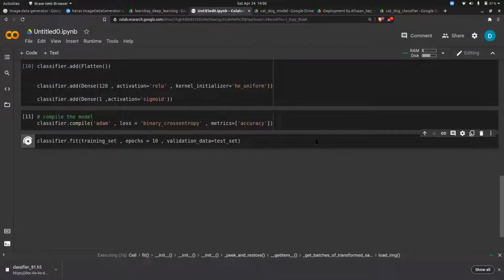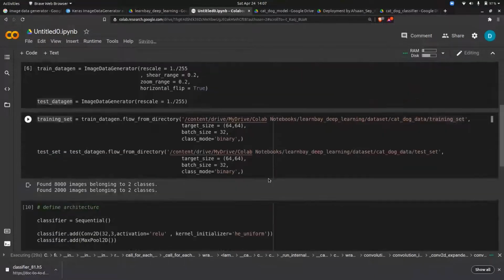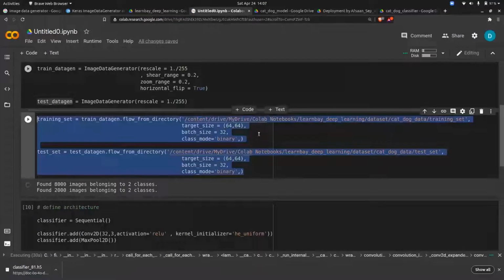and it will start training. This is how simple it looks. This is why TensorFlow is a very famous framework. Once you collect the data in a proper format, then everything is given to you. But the problem is it will take time to run. Let's see how much time it takes. Everyone, are you able to run this, and are you able to understand what I'm doing in all these cells?